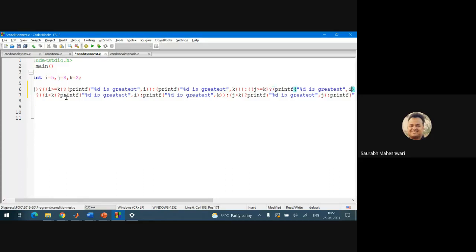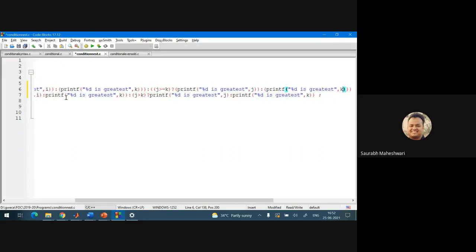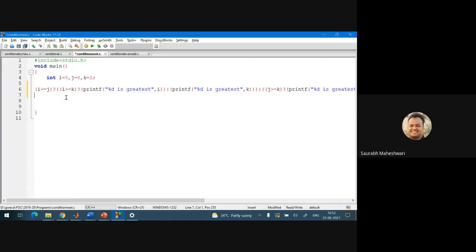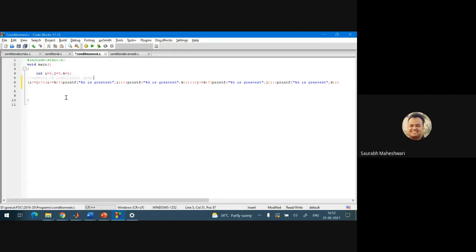If j is greater than k, means who is greatest? j is greatest. And if this condition is false, it means k is greatest. Okay. So this gives you your complete conditional expression, and this is called nesting of conditional operator.